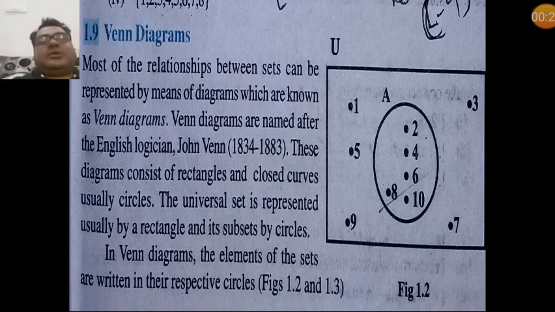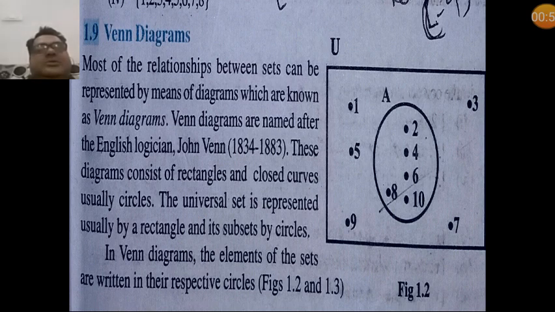Now, coming to the topic, Venn diagrams. Most of the relationships between sets can be represented by means of diagrams, which are also known as Venn diagrams. Actually, this theory was given by Mr. John Venn, a British mathematician. In Venn diagrams,